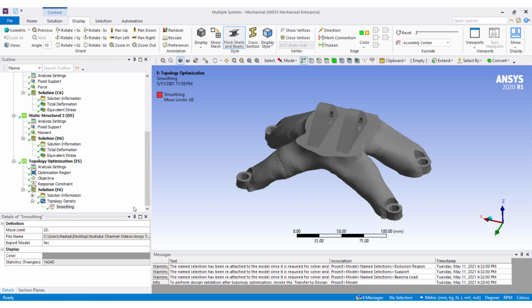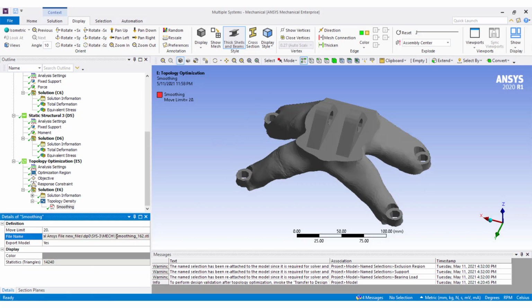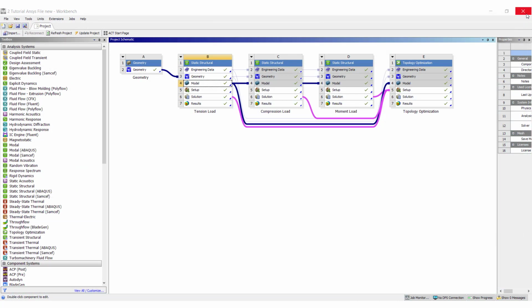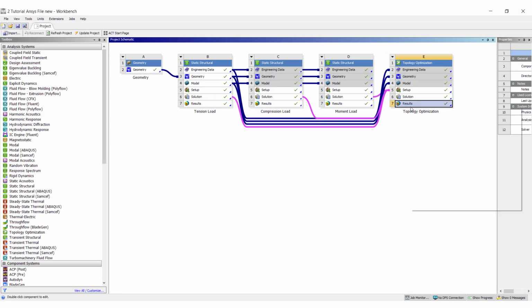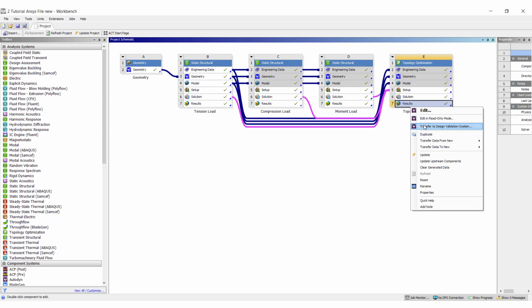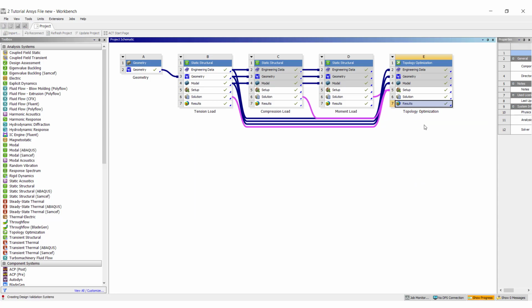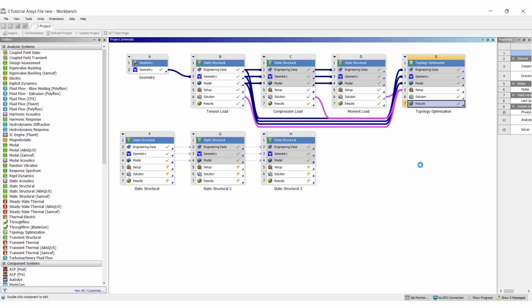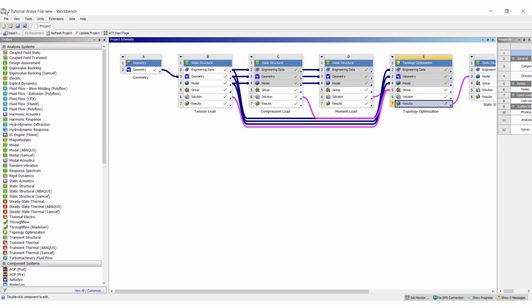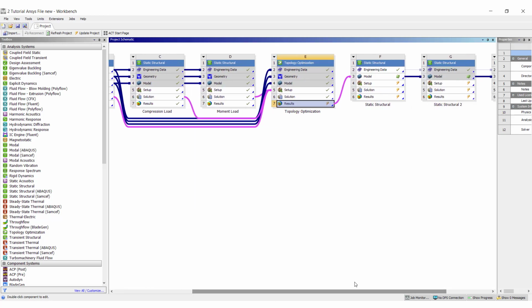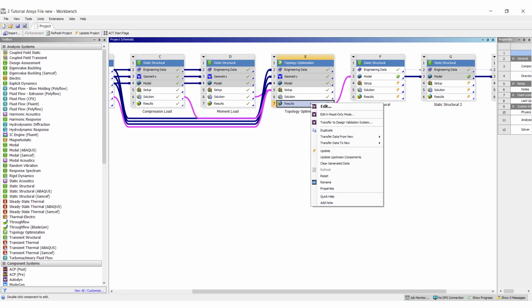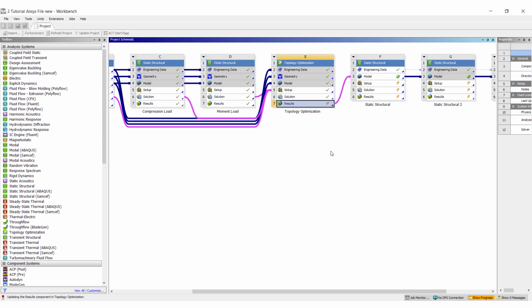Now close the ANSYS Mechanical. Right click on the results of topology optimization and select transfer to design validation system. Again, right click on the result tab and select update.